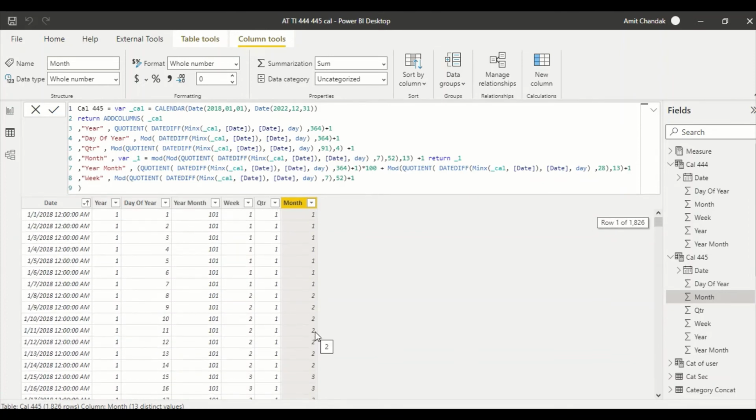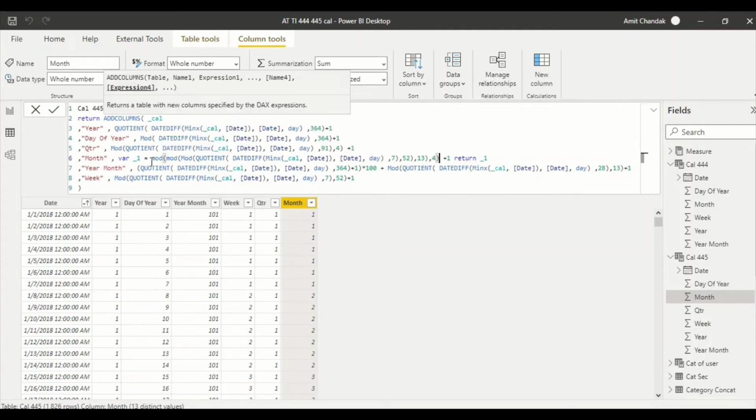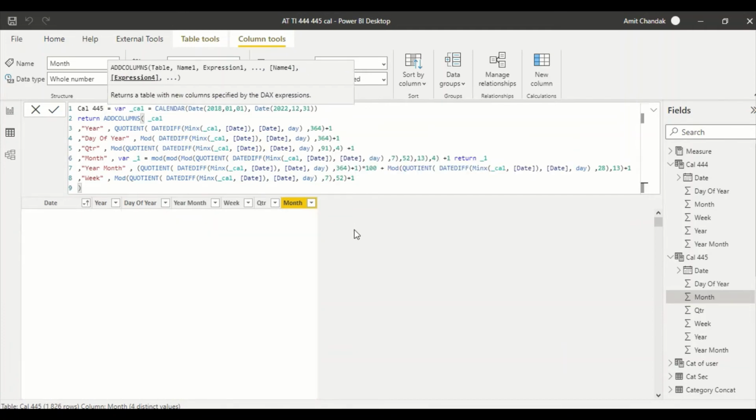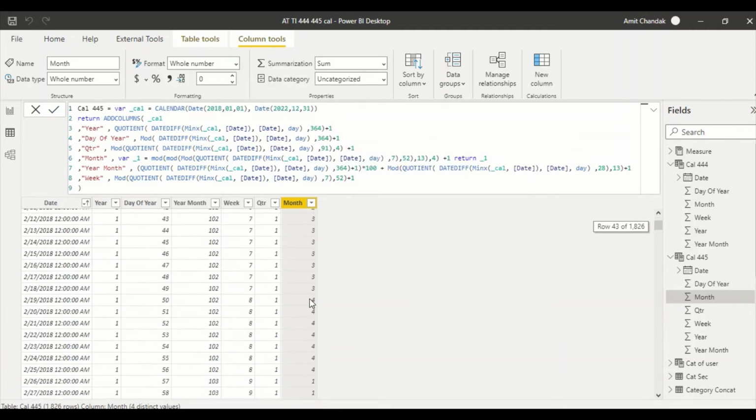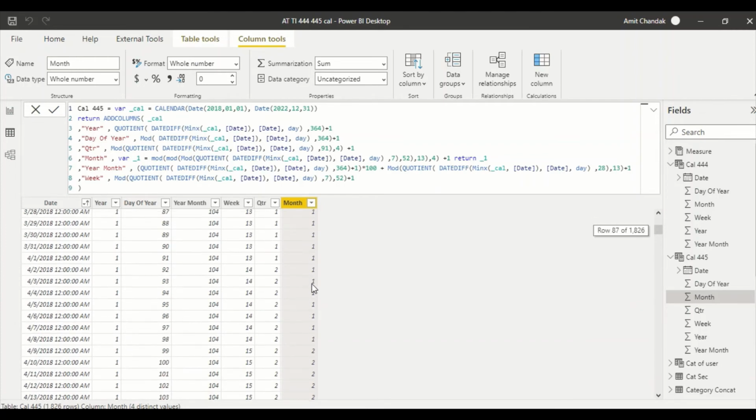Okay. So what happens if I take further mod from 4? So I get 1, 2, 3, 4, I get 1, 2, 3, 4, and I get last one is 1. Okay, the 13th week, what will happen is, the week 13th is going to be 1, 1, 1, 1, 1, 1, 1. Okay, that's what I don't want. So what we are going to do is, we need this, but we are going to do it in 2 parts. So let's take this var 1,